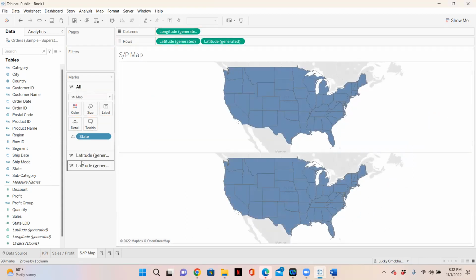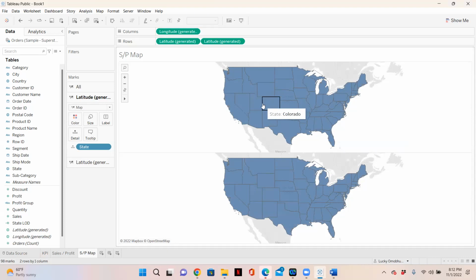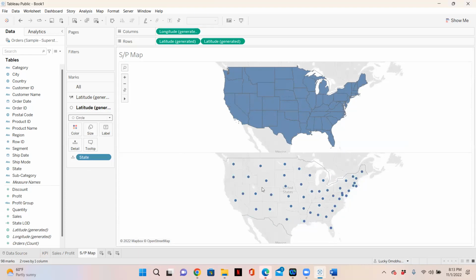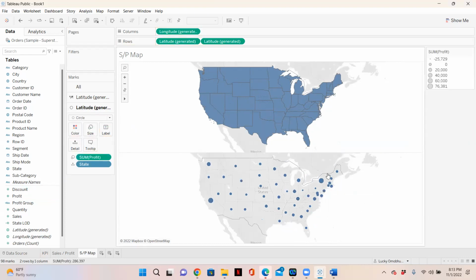Okay, now I have these two marks here. On the first mark, I want to show this by my sales. The second one, I want to show that by my profit. And this, I want to show which state has more profit. So I don't want to like use the same map. I can say I'm going to change it to like circle. Okay. And so to show which state has more profit, I want to drag my profit to size. So it gives me like the bubbles